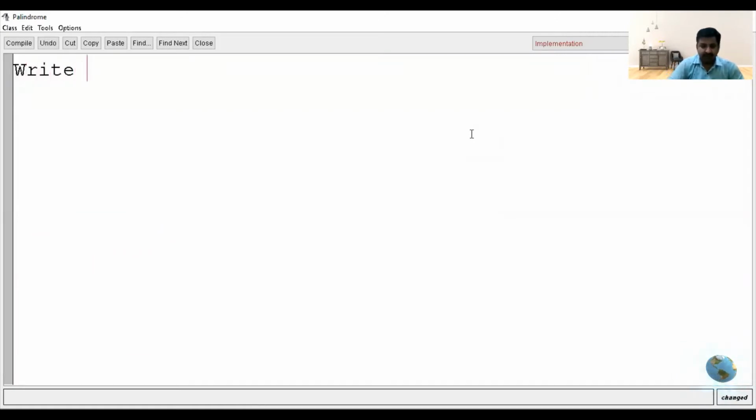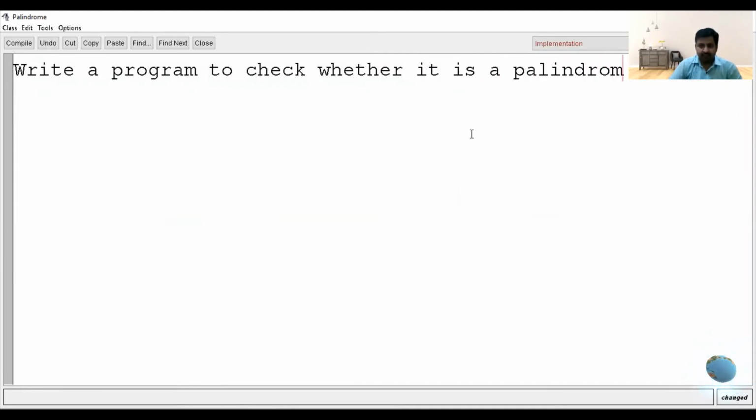Write a program to check whether it is a palindromic number or not. Now, what is a palindromic number?